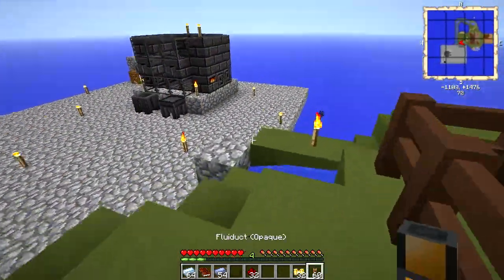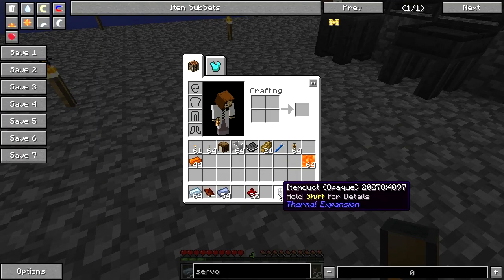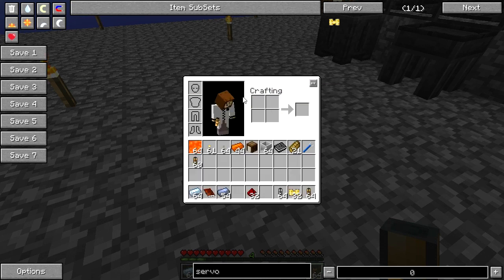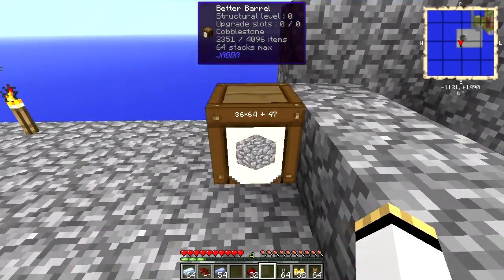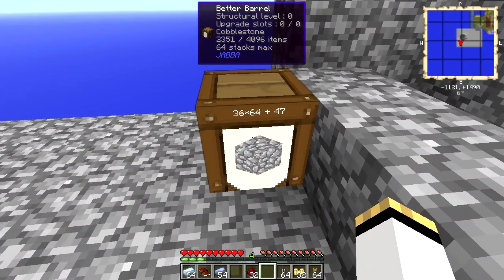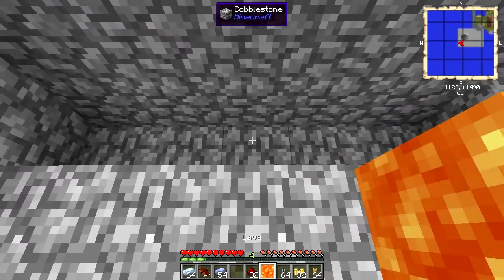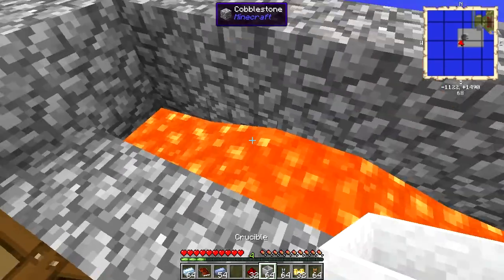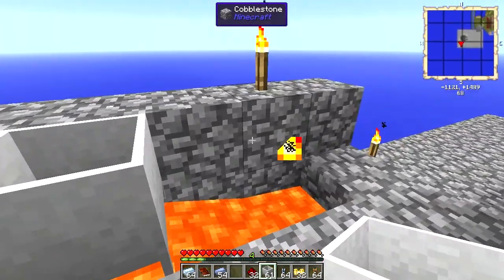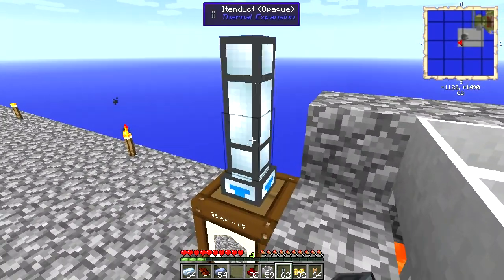So now, with the fluiduct in place, item duct is not far away. The item duct recipe is tin and lead. What you're going to want to do for the moment is set yourself up a barrel or a chest or something with a whole bunch of cobblestone in it. Now, you're going to need to get yourself at least 1 bucket of lava and place it somewhere like that. It will flow. Flowing lava is a perfectly acceptable heat source for a crucible. Those crucibles are now item functional,